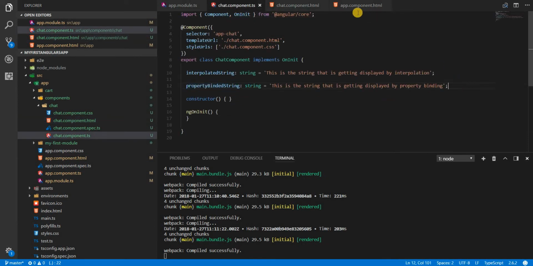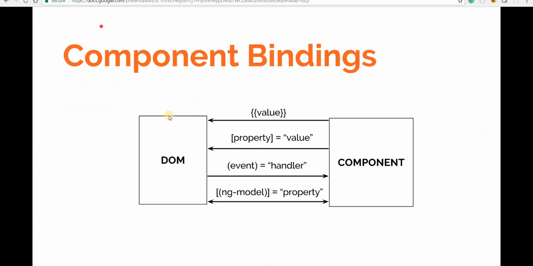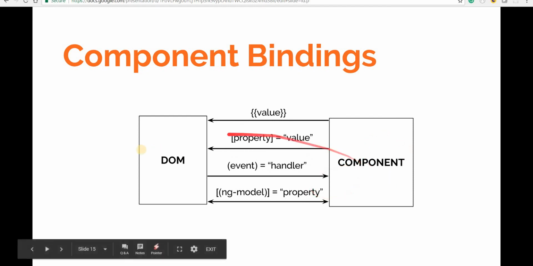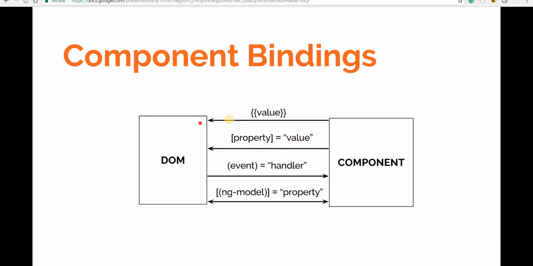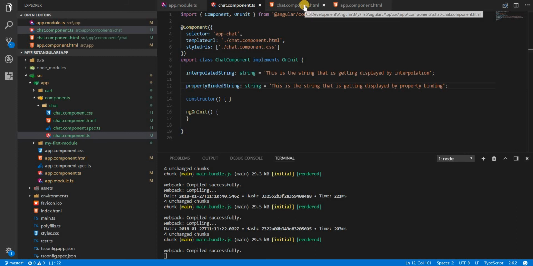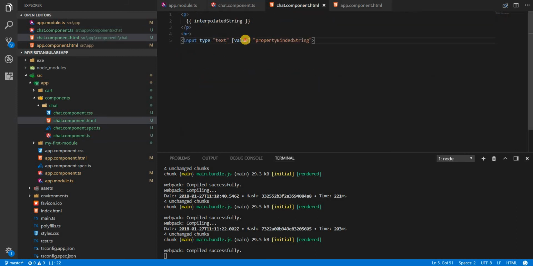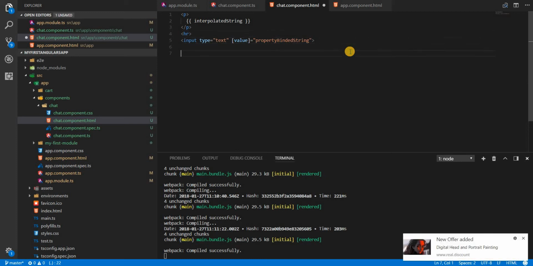Okay, now we can also, and this is the second way of interaction between your component and your DOM, and again this is also one way, like string interpolation, this is also from the component to your DOM. Okay, so you cannot do anything on the DOM to change this value right here. Okay, now let's say I have a button,